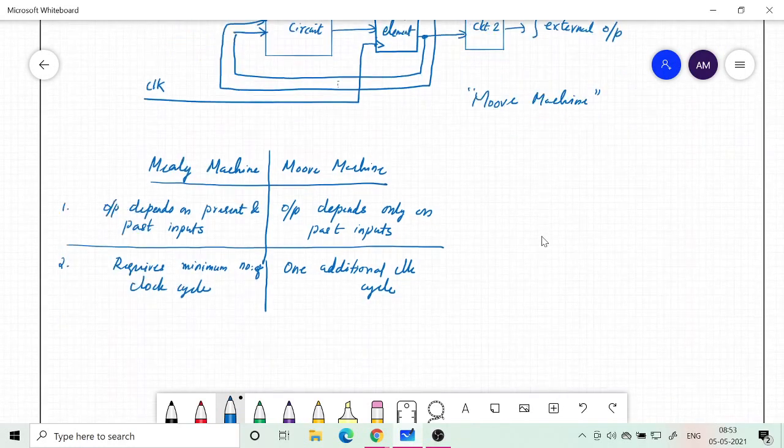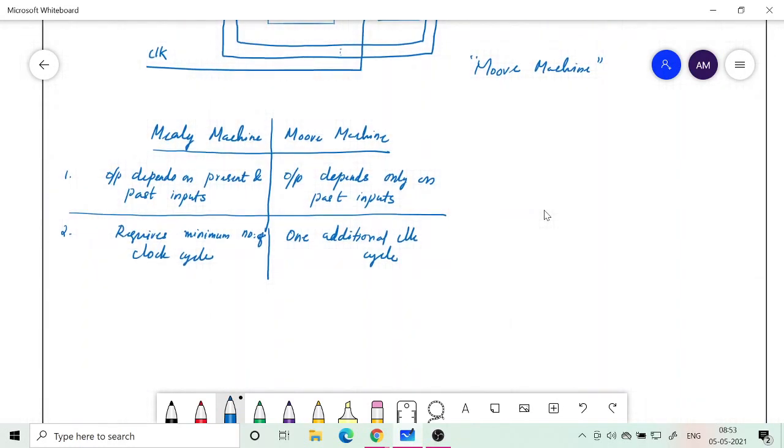And then the next difference, what about the number of states? The Mealy machine requires a lesser number of states. Here again,